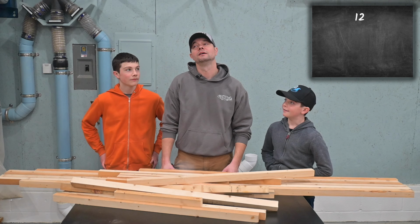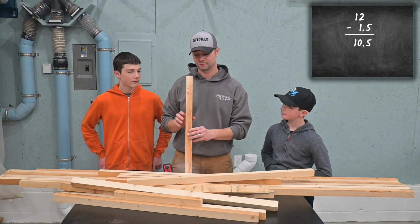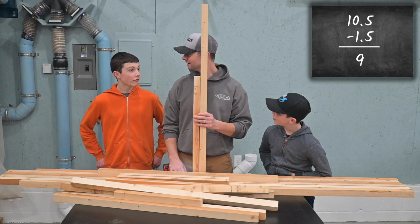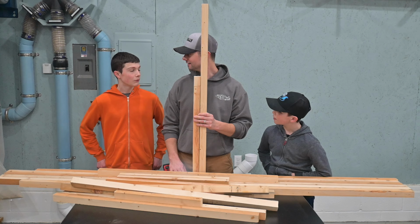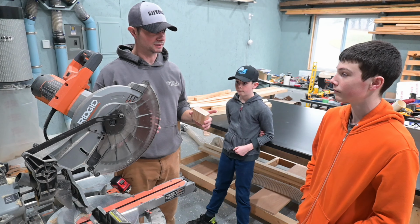12 inches minus 1.5 inches is 10 and a half. 10.5 minus another 1.5 inches. 9? No, 8. No, it's 9. 10.5 minus 1.5 is 9. Wait, I'm stupid. So what is it? 9. Bingo. So what we're gonna do is we need to cut a bunch of stretcher pieces, all the exact